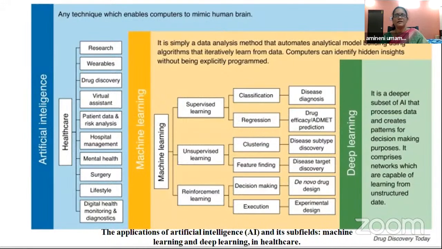The third part is reinforcement learning. This is important because it gives you decisions. Previously, when doing docking studies, we would take compounds available in databases. If you want to get a patent, you cannot get one if the molecule already exists in the databases. So we need to make novel molecules. Once we develop a novel molecule, again we need to do the docking analysis.